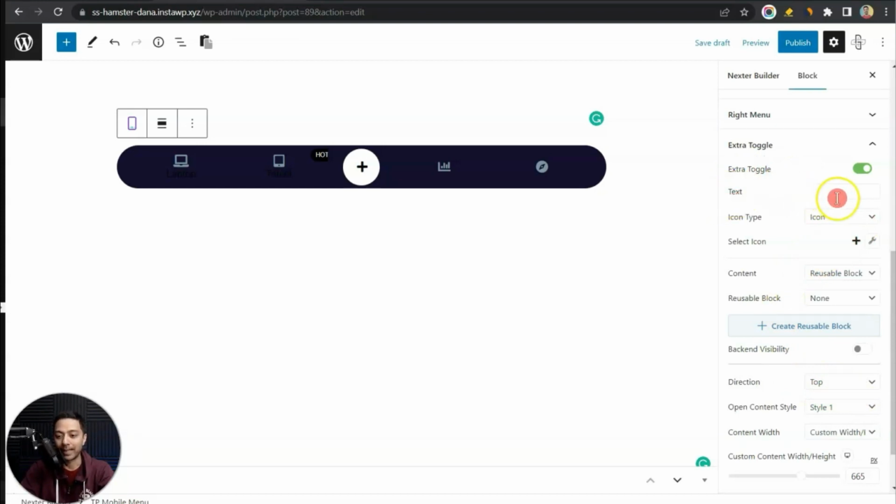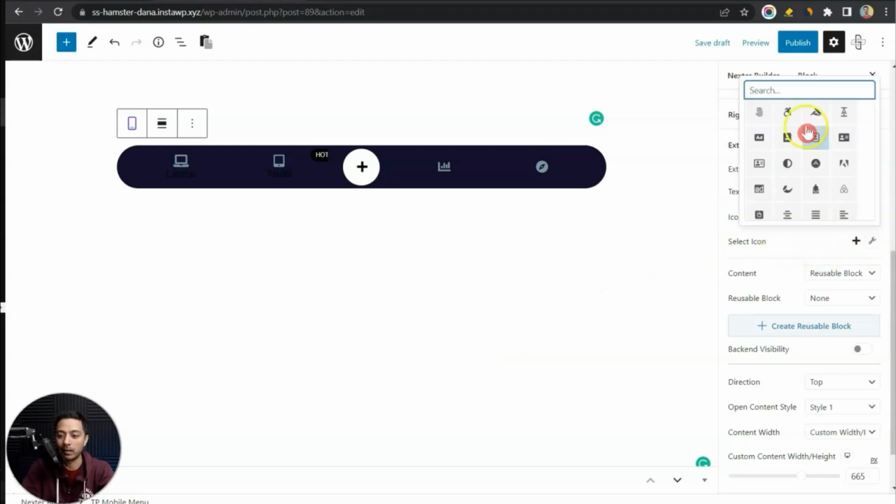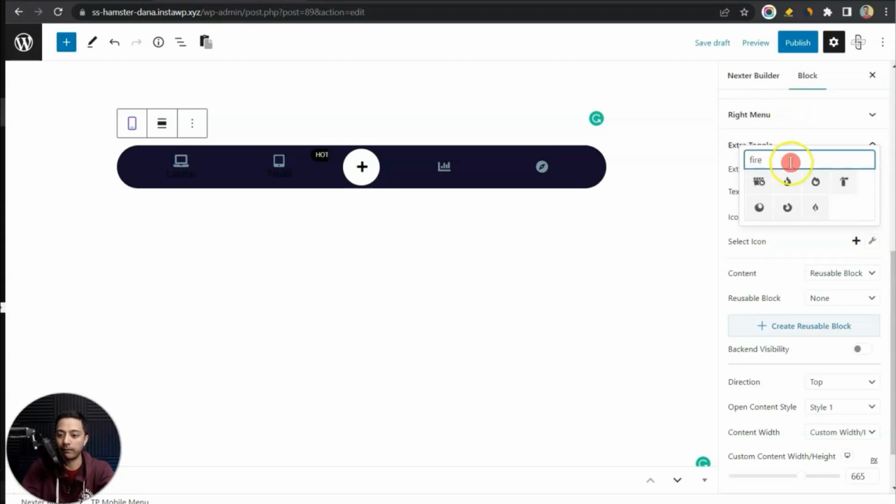So here we have the text option. So if we type in any text here, that will be visible at the very bottom. But in order to keep a minimal design, we are not going to use any text here. And here we have the icon type, which we can choose as icon or an image. And then we can customize this icon as well. So let's say instead of this plus icon, we will use a fire